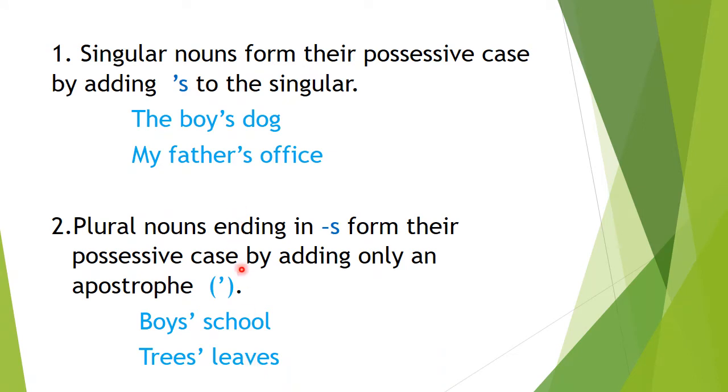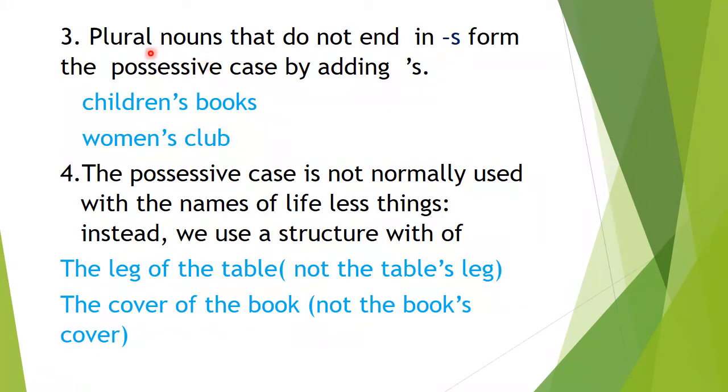Okay, so this is the second one, how to change nouns into possessive case. If our plural noun ends with s, just add an apostrophe to the noun. Third one, there are a few plural nouns that do not end in s. It doesn't mean a singular noun always changes into plural by adding s. No. Plural nouns that do not end in s form their possessive case by adding apostrophe s. For example, child, its plural is children. Okay, so at that time what will we do? Just add apostrophe s again to show the possessive case.